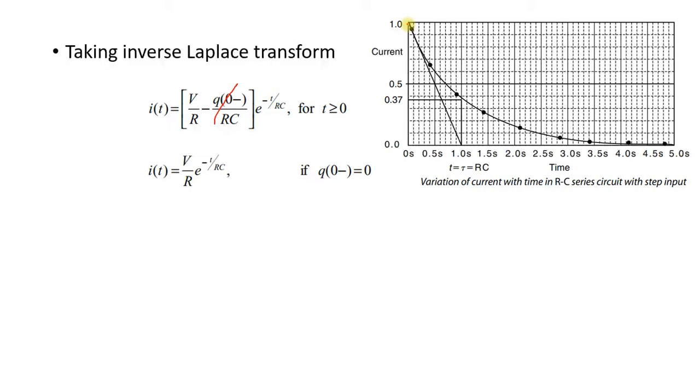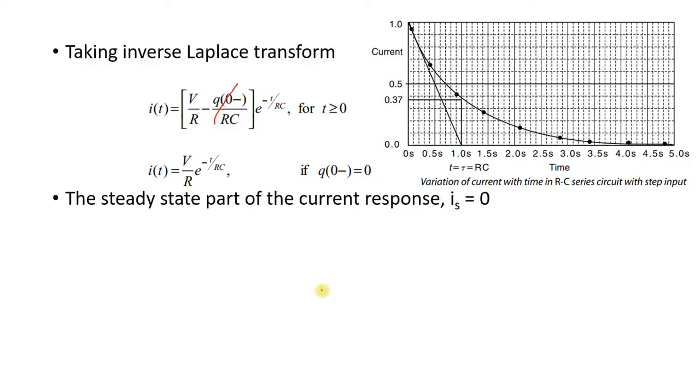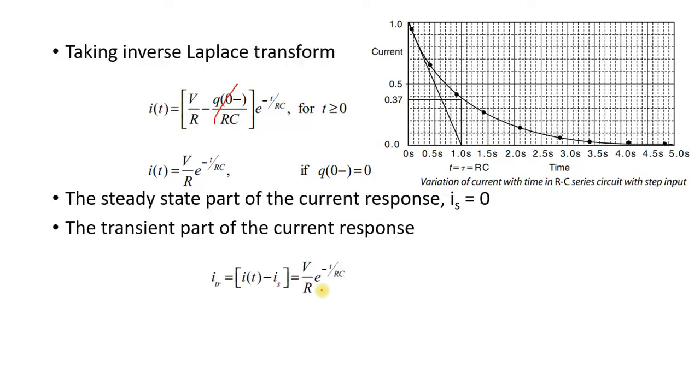When the capacitor voltage reaches its maximum value, which is equal to the source voltage, there is no current flow through the capacitor. That means it acts as an open circuit. So when time t equals infinity, it reaches the steady state. Approximately at 5 time constants it reaches the steady state, so the current should be equal to 0. We saw that in the first slide, and this is the final expression for the current. Here the steady state part of the current response is 0, because it is exponentially decaying, and it is nothing but the transient response. So the transient response equals I of t minus I of s, which gives the final value.